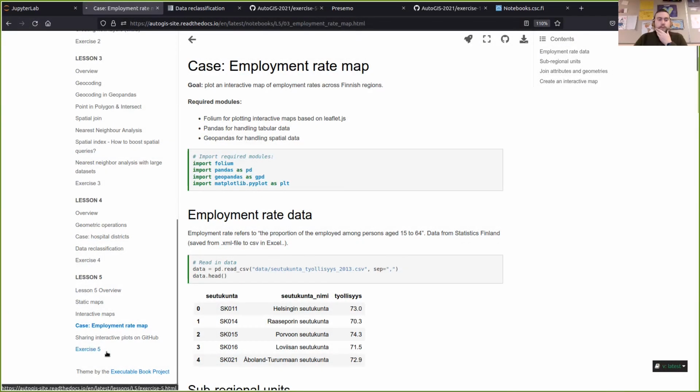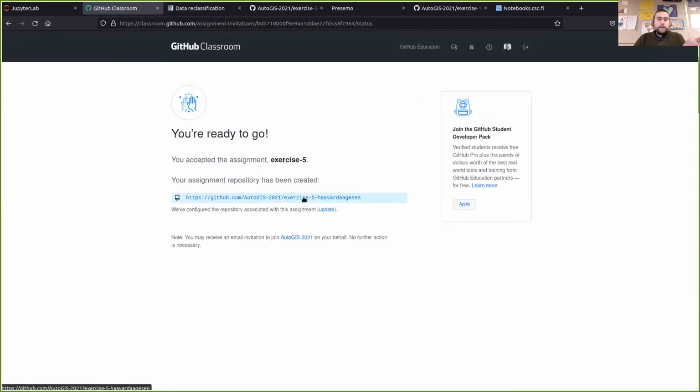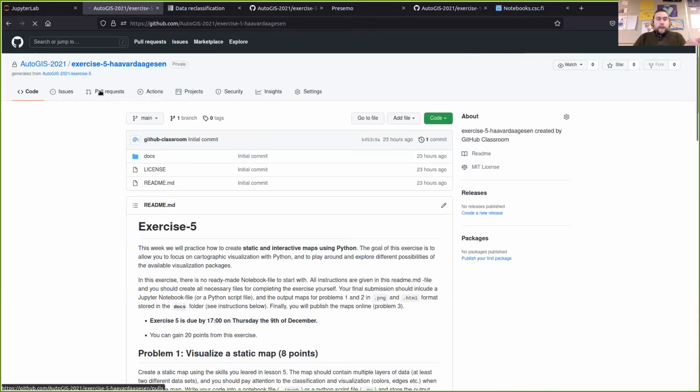So I'll head over to the exercise on the web pages. Again, as always, you accept the classroom assignment, and when your repository is loaded, you can access that here on GitHub. So what is different about this week's exercise is that there are no notebooks, Python notebooks there for